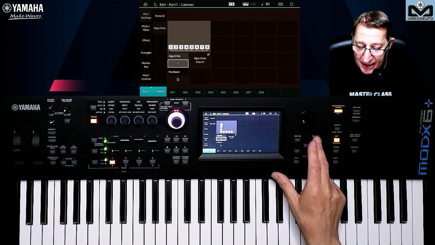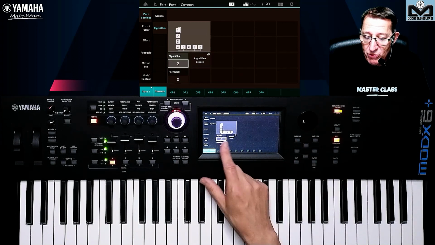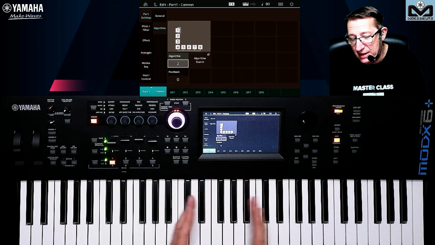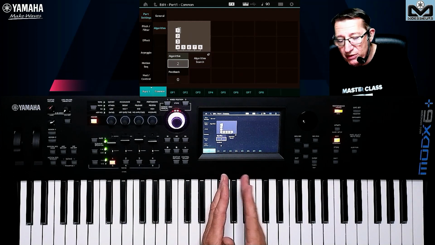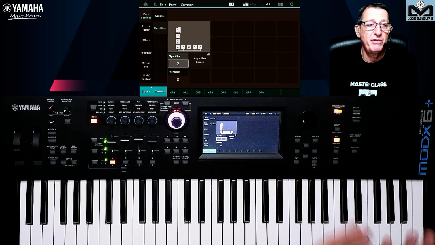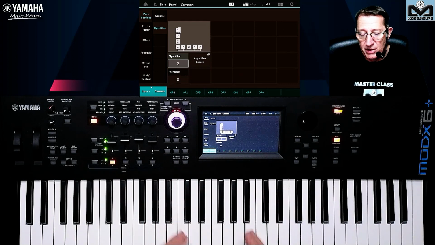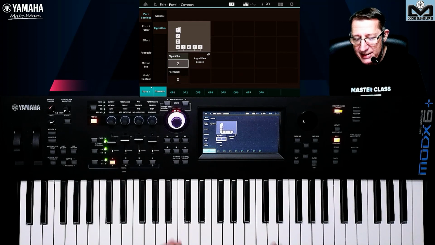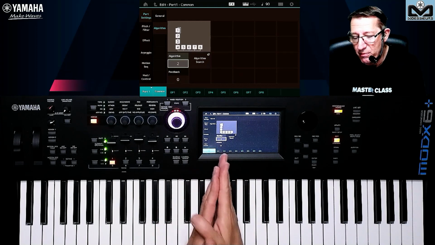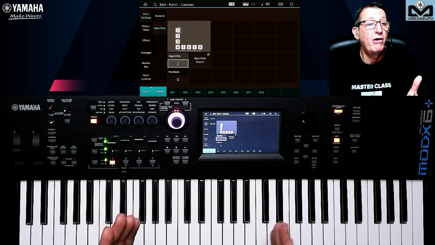Okay, so let's search for some others. Here in this example, you see we have 4 carriers, so I can attack with operator 6, sustain with the 7th, and the 8 can produce a different sound for the release. As an example, say I want a strong attack with a strong modulation on it. So the operator that makes the attack can be the 4 and can be modulated by 3 others, like that.